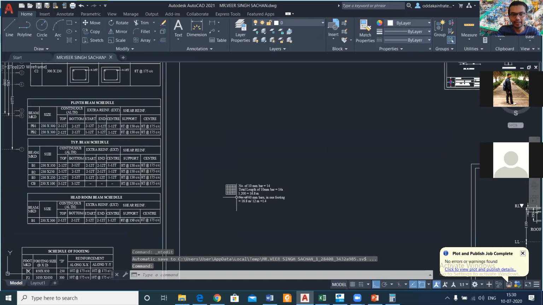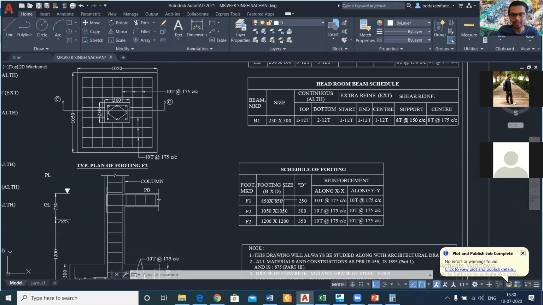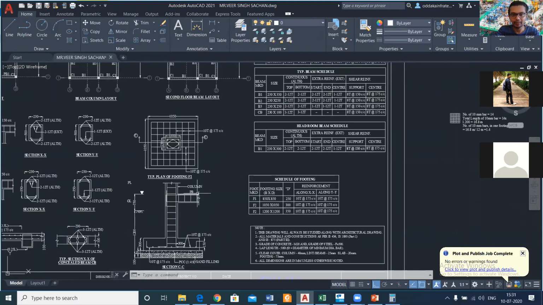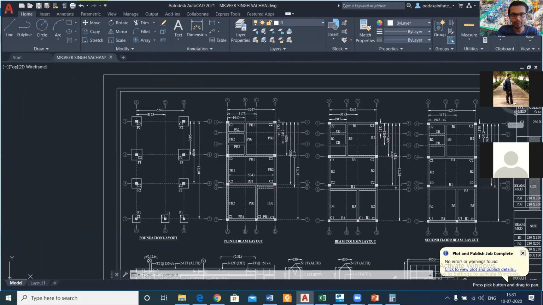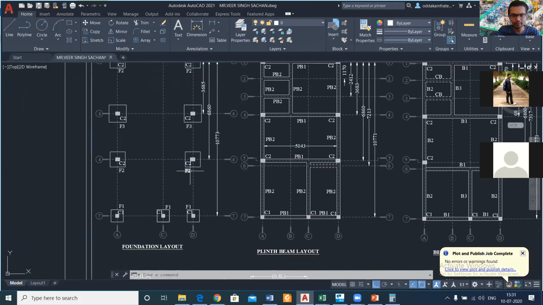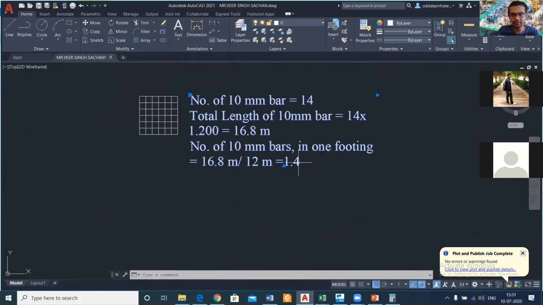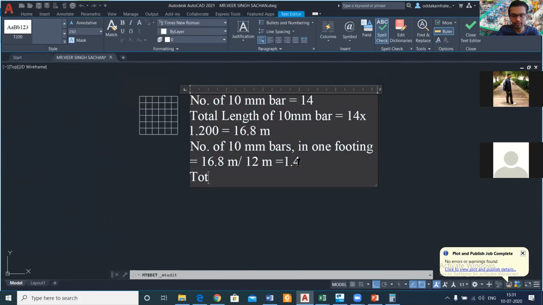So if we just go back and see what is the section of this footing, this is the footing type F2. So we have three types of footing, F1, F2, and F3. So if we go to this footing, number of F2 footings we have 1, 2, 3, 4. So we have 4 numbers of F2 footing. So now we can just calculate the total number of 10 mm bars in all the footings of mark F2.